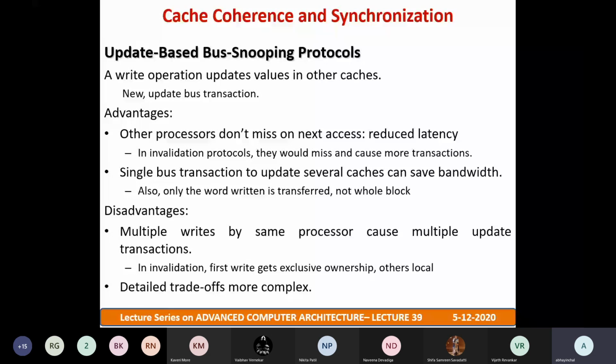In both cases, if something happens, we need to replace the entire block, not the single word. In update bus protocols, if any word is updated, only that word is transmitted, and hence it can save a lot of bandwidth compared to write invalidate protocols. The disadvantages are multiple